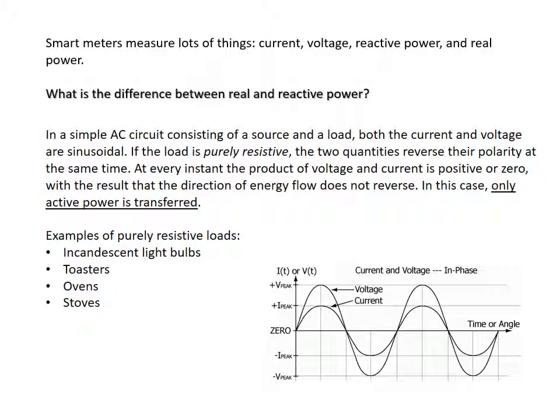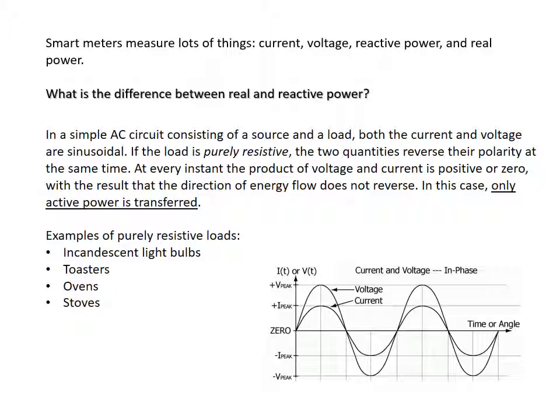So remember, we have AC power systems, so the electricity coming out of our outlets is also alternating current. And so if a load is purely resistive, and that could be incandescent light bulbs, or a heating element in your oven or stove top, then the voltage and the current are completely in sync, right? So they reverse their polarity at the exact same time, and every time, so that means that at any time